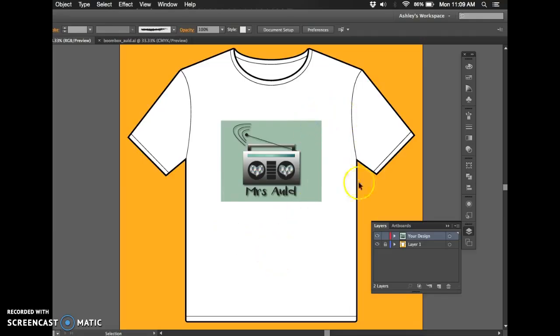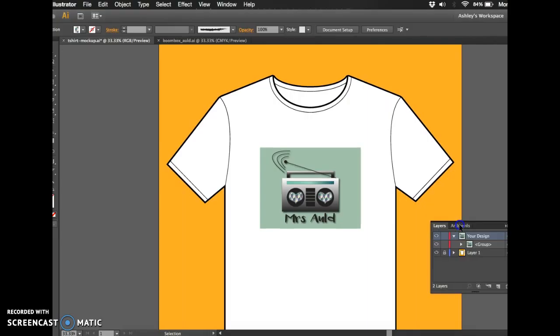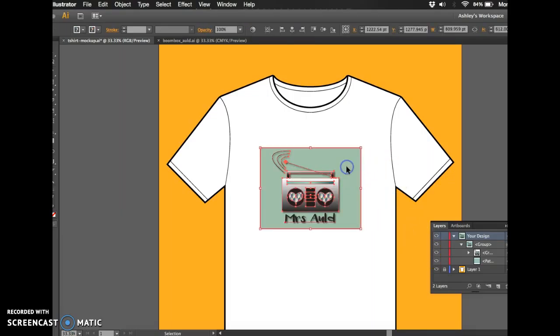Now if I wanted to make some adjustments to this design, if you just find your design on the design layer, you can actually open it up. If you've grouped it like me, you can actually see everything you have in here. Now, my background layer was locked, which meant I could not click on this green rectangle. But if we take that lock off, it'll give us some options to be able to do some more coloring to this. So if you select your background layer, just going to make sure I just have the background layer,